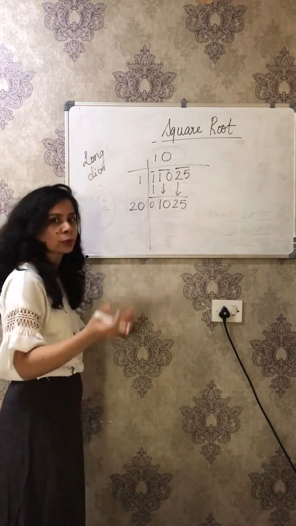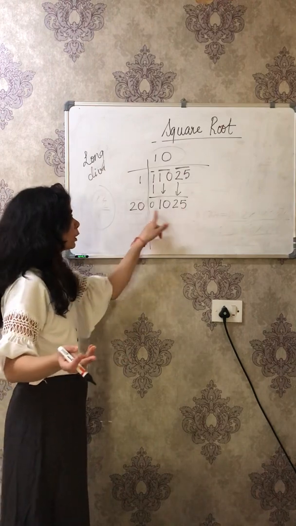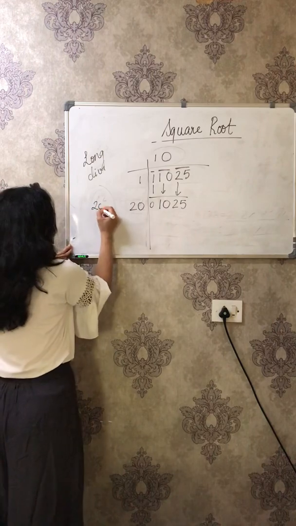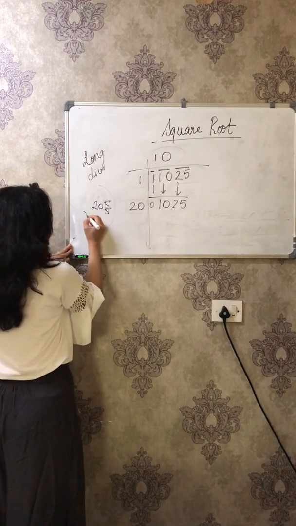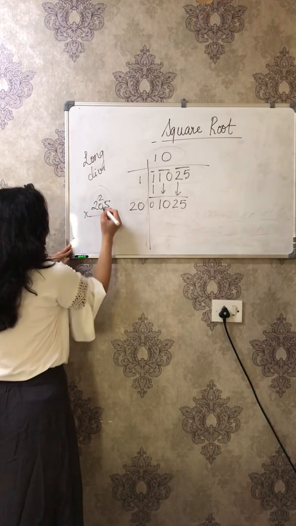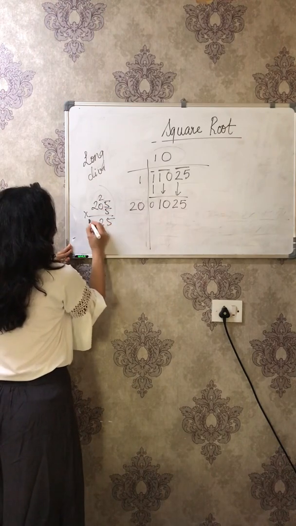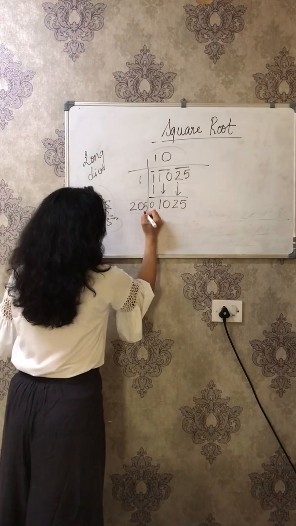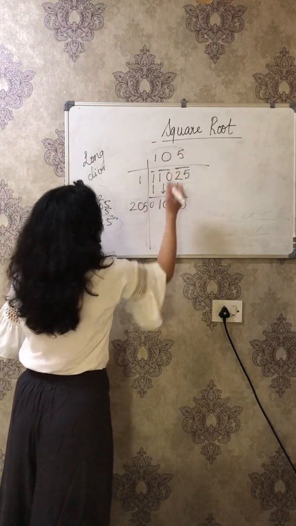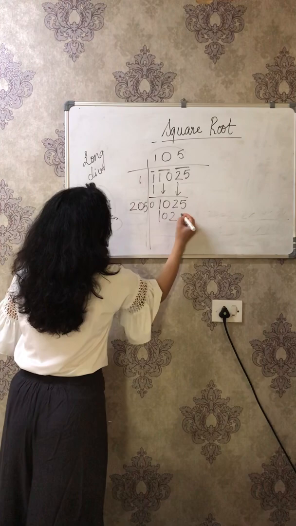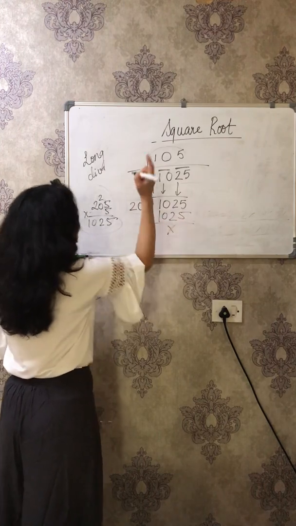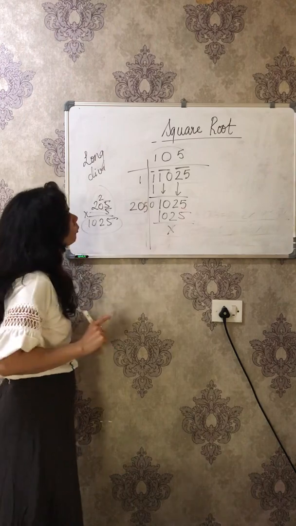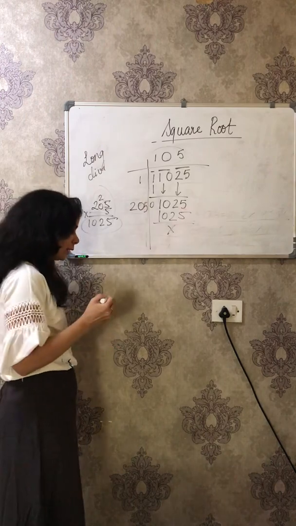If we take 2 2s are 4, 3 3s are 9, 4 4s are 16. But if we take 5 over here, we'll get 5 at the ones place. So let's see, 205 into 5 is what? 5 5s are 25. 5 0s are 0, 5 2s are 10. Bingo! We got our number. Okay, so we will write 5, and here we will write 5, and we will get 1025. Okay, so we got our answer here. 105 into 105 will be 11025.